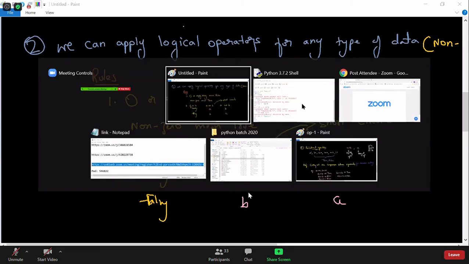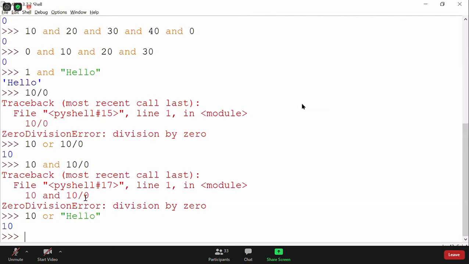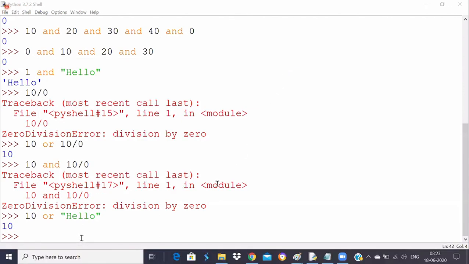Okay, that's perfect. Now let me ask a few more questions to conclude. This is all for logical operators for today. Can you tell me what is zero or hello and one? Let's see who will answer. Zero or hello and one. Oh, I'm getting different answers. So we need practice. That's true.